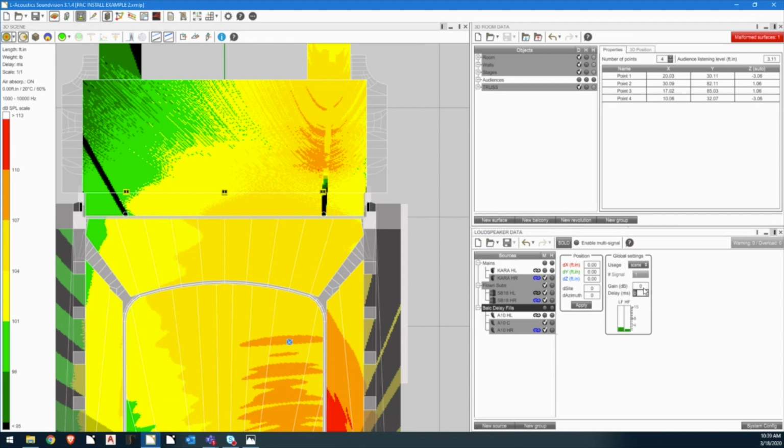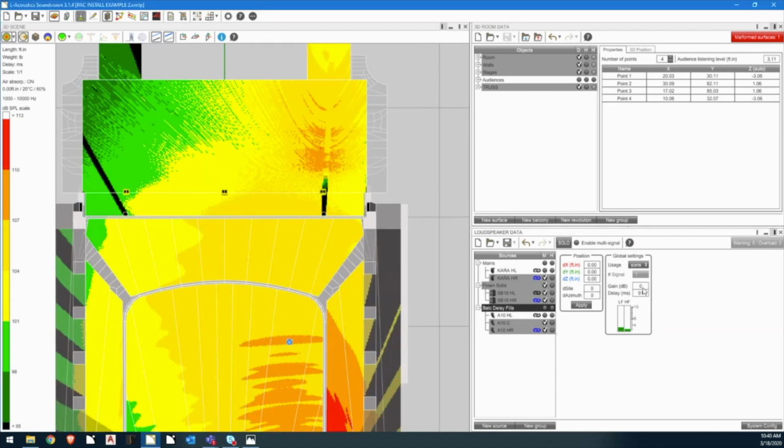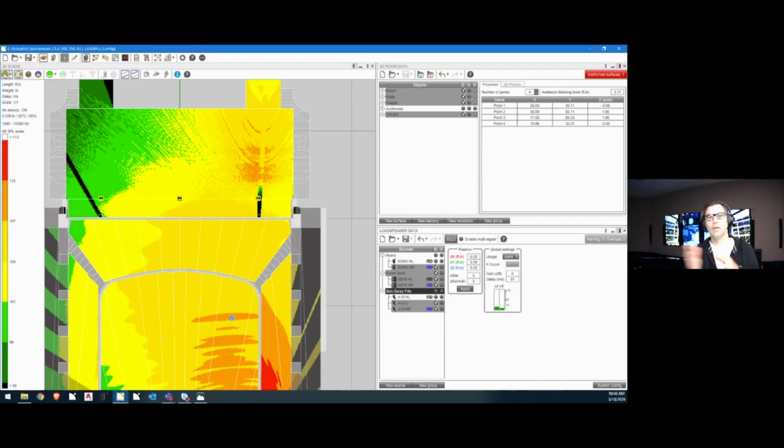Now, if I were to add that 91 milliseconds back to the balcony delay group, it's going to recalculate. So we are going to see the comb filtering. It's going to be a different comb filtering based on the time. So as Scott said, we picked one particular point where these systems overlap to make that basically the exact timing. We know that if we go back in coverage or forward in coverage, meaning closer to or farther away from the main systems in relation to the fill system, we're going to have a different time by a few milliseconds here and there. So that comb filtering will still exist. It will just change. But I think the ultimate effect when you're on site, obviously, is that you're going to have a much more